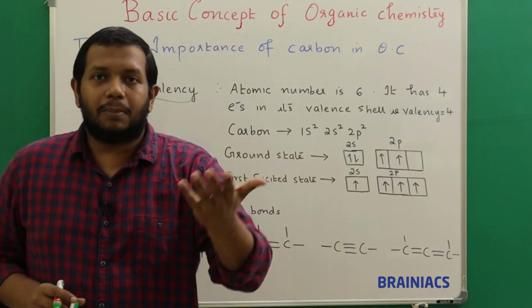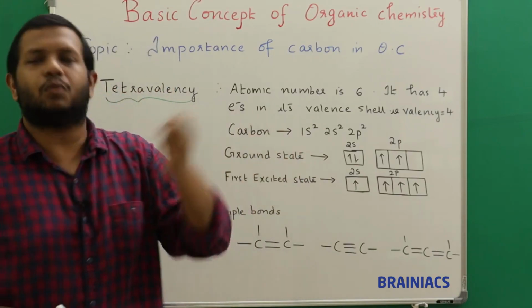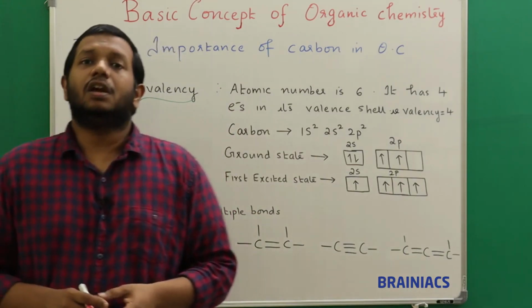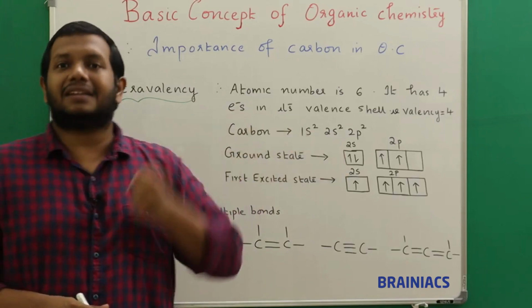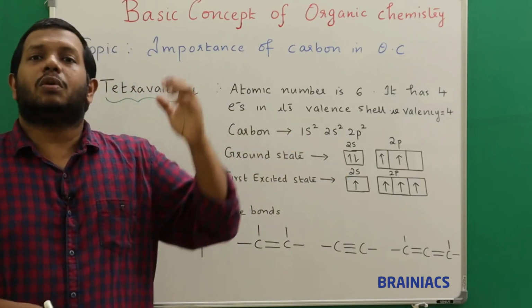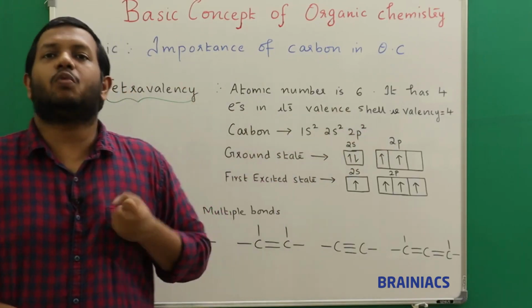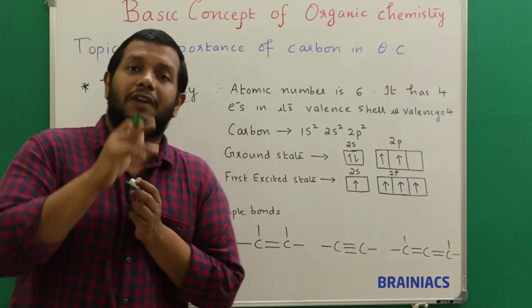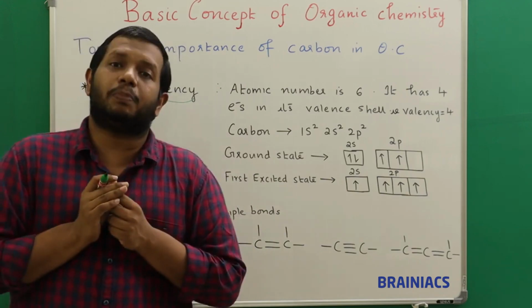So to attain stability, what will it do? It will attract one electron and it will become 2,8,8. So here it has attracted an electron. Once it attracts an extra electron, what does it become? It becomes electronegative. Why? Because the number of electrons becomes greater than the number of protons.